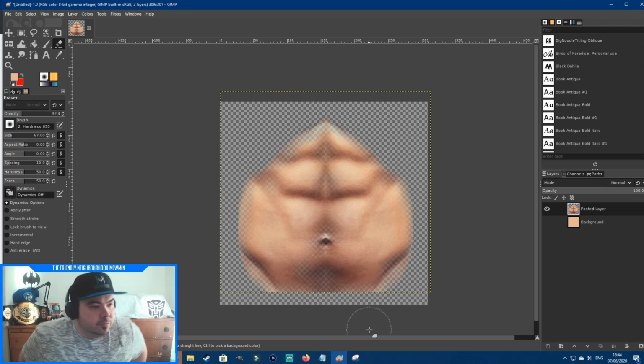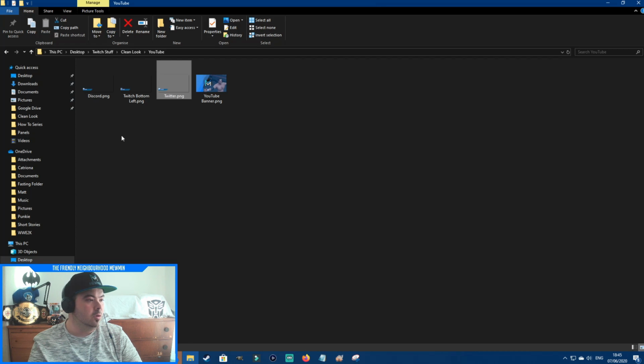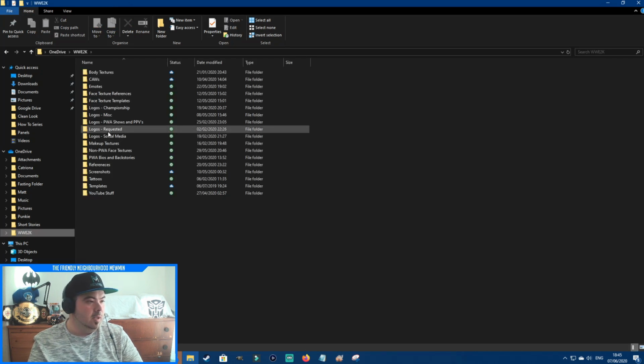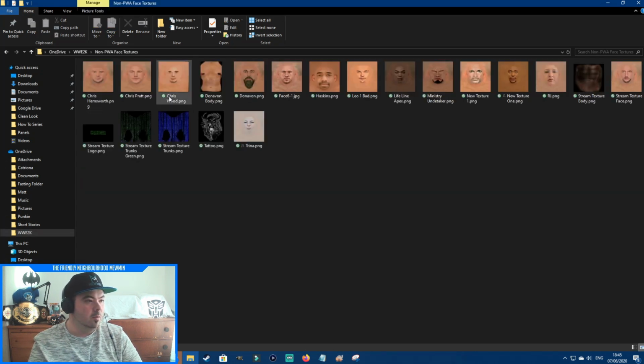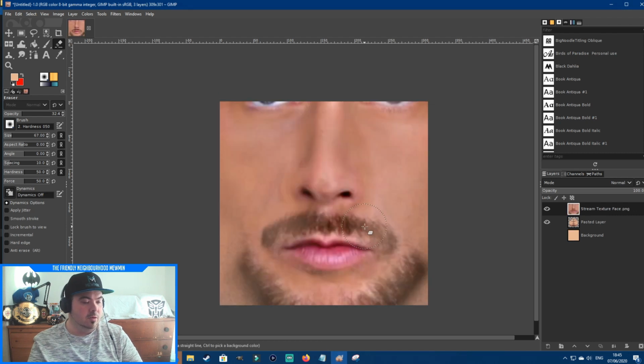Now, another thing you may struggle with here is having that colour working with the face texture you've chosen. So I'm going to show you how you can fix that now. So I'm going to go into my textures. I'm going to find Cameron Neo that we did last week on stream. I'll put Cameron Neo's face